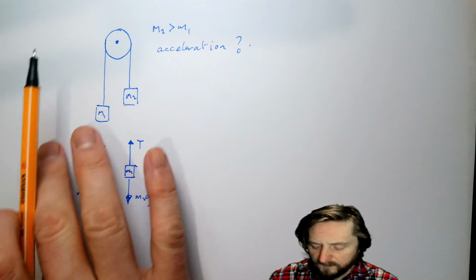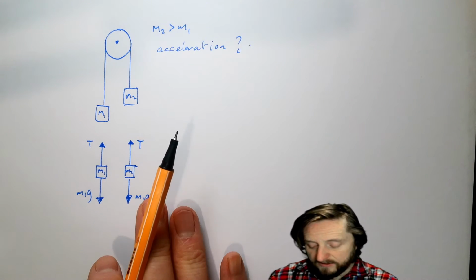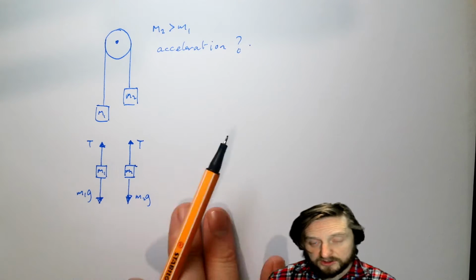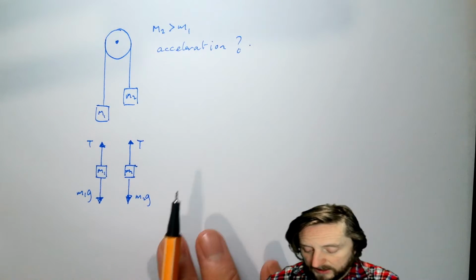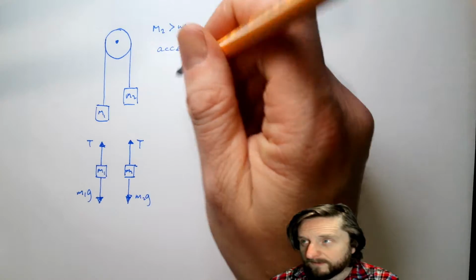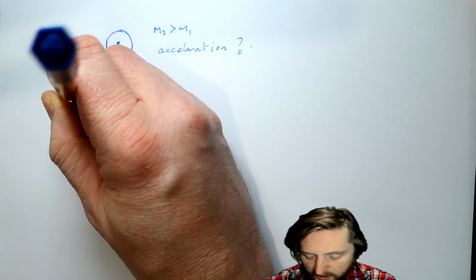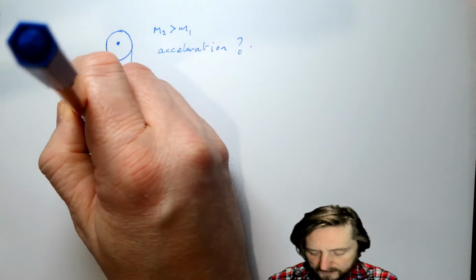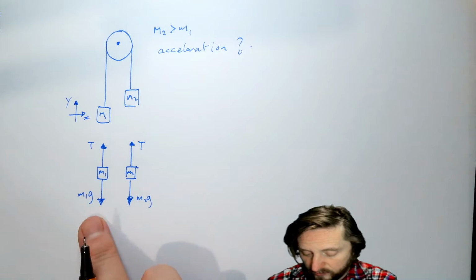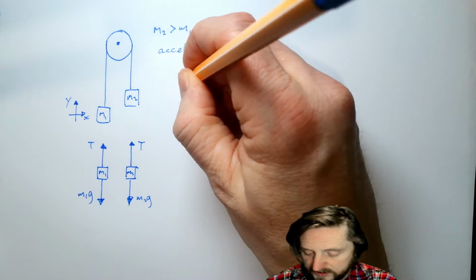So we could write down Newton's second law for these two separate bodies. They're two completely separate bodies. We're going to use the same axes for both of them for the moment, so there's our y-axis pointing up. Let's write down the sum of the forces for M1. So T points in the positive upward direction,